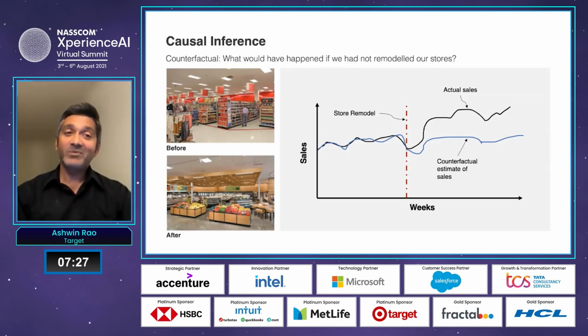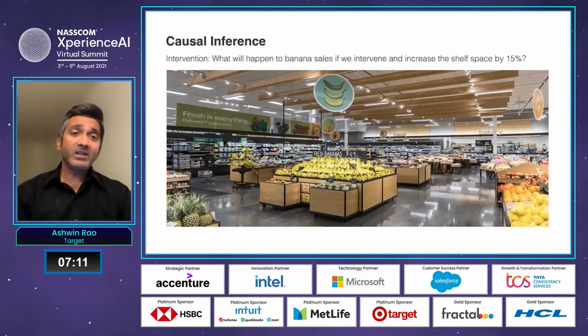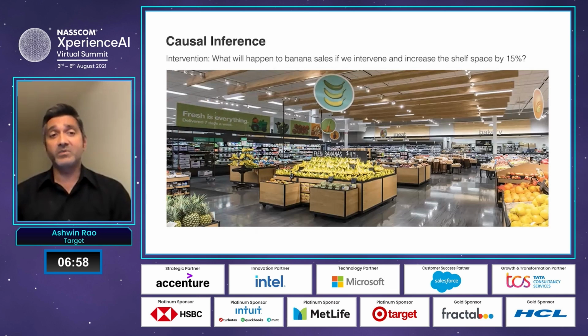Counterfactual analysis enables us to build cause and effect theories in life and in business. Cause and effect theories are essential to deliver on the fancy promises of machines having human-like intelligence. Another type of question that is hard to answer today are the type where we actively intervene in a situation to influence a certain outcome. For example, it is very hard for today's AI systems to predict what will happen to the sales of a product if we increase its shelf space by 15%.